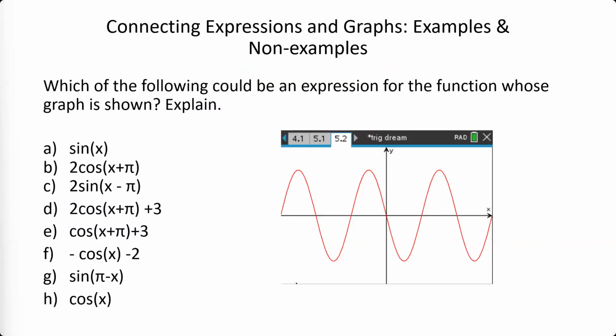And I'm always trying to help kids think about, and trying to give options where kids can look at things and try to reason and think. I actually am trying to get things that are not ChatGPT questions, where they are looking at this graph, and it could be anybody, and they have to tell me something about one of those conditions, one of those expressions, and how they might relate to that graph. And they can tell me one that could work or one that couldn't work. But I want them thinking about the characteristics of the sine and cosine functions and how that would show up in those graphs. Next slide.